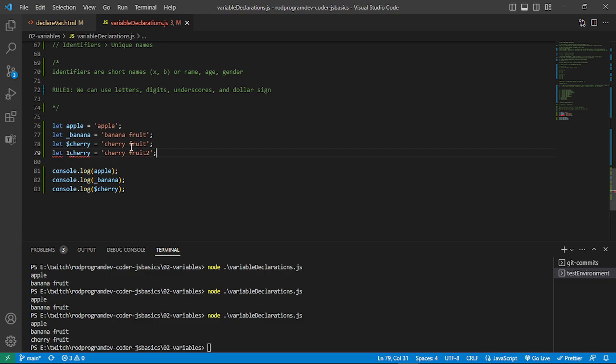Is that going to work? A combination of a number and a letter is not going to work for us. So see, we're running into an error here. Single digits can be acceptable, but if it's a number,